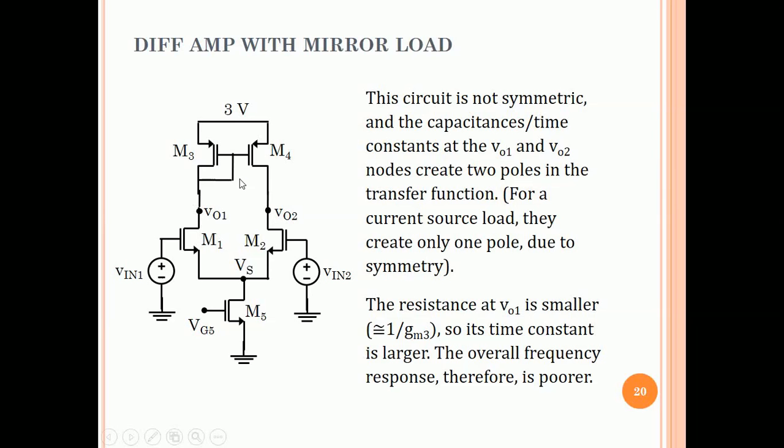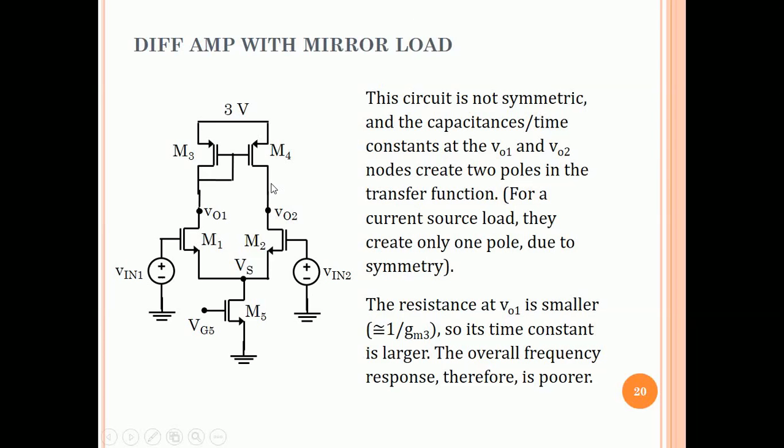But as soon as we have a diode connected transistor here, the circuit is no longer symmetric, and the time constant at this node is different than the time constant at this node, and these cause actually two poles in the overall transfer function rather than one pole. Alright, a current source load has one pole corresponding to the output nodes. A current mirror load diff amp has two poles, and therefore basically the mirror load adds one pole to the